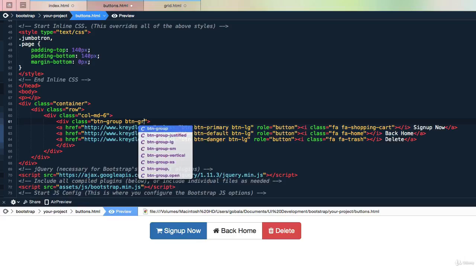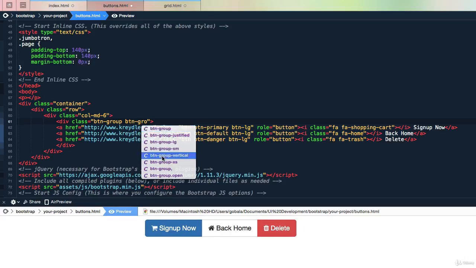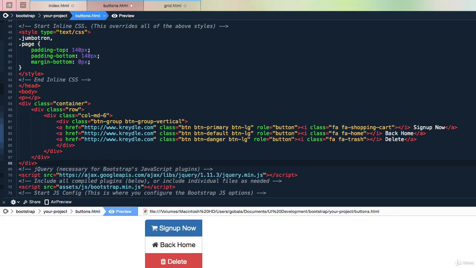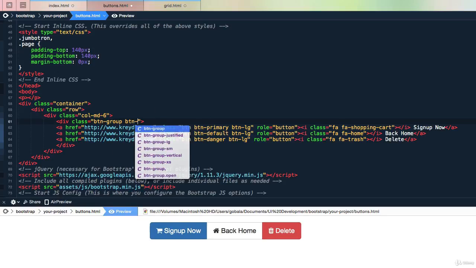Now let's look at some other classes that we can apply here. Button group vertical, and this stacks the buttons up in a vertical format. Okay, now let's look at the button group sizes. Button group